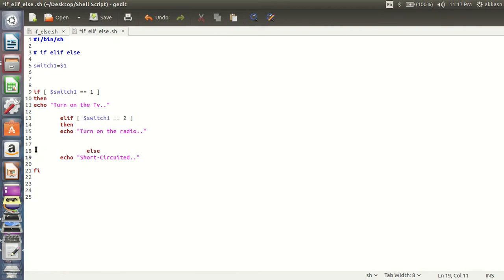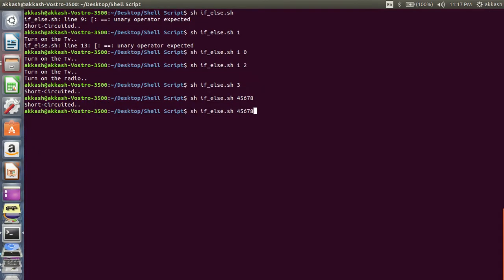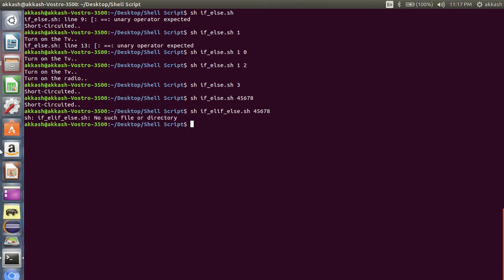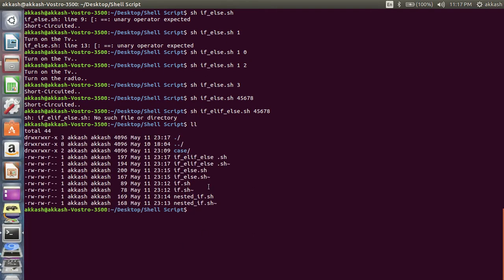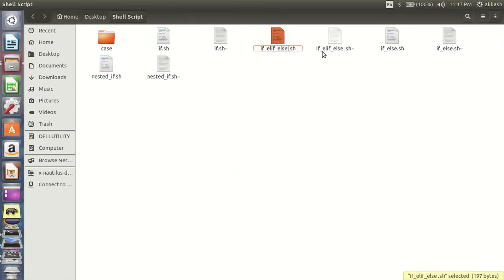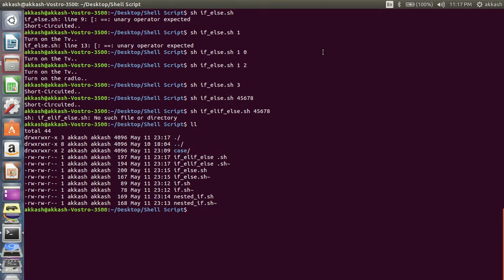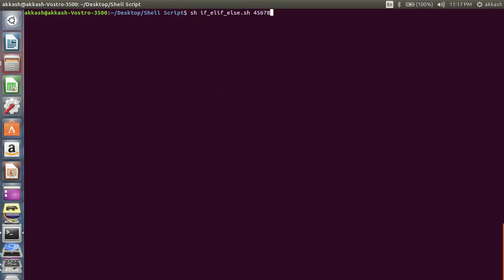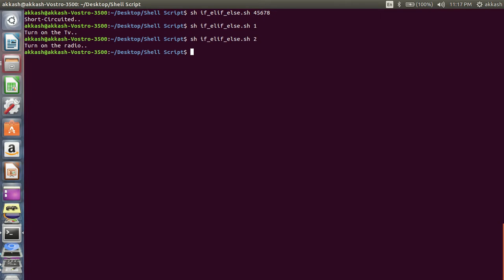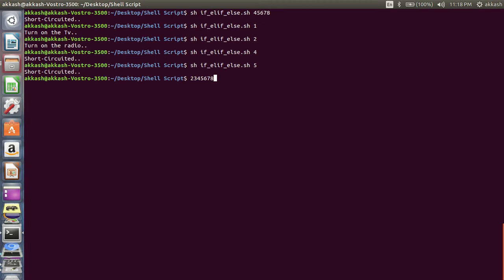Okay, now let's save this, run this. Elif, let's pass whatever value is there. Okay, why? Let's see what the file name is. Okay, here a space is there. Okay, now enter, short circuited. Let's give some value: 1, turn on the TV; 2, turn on the radio; 3, 4, 5, if you give any random values,